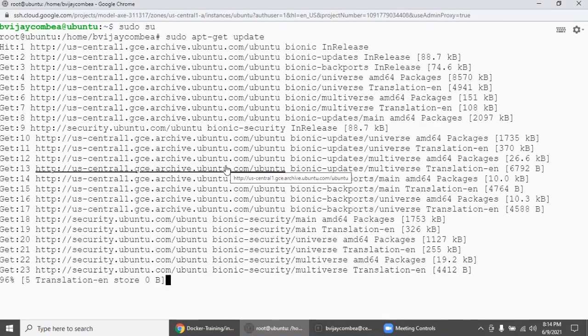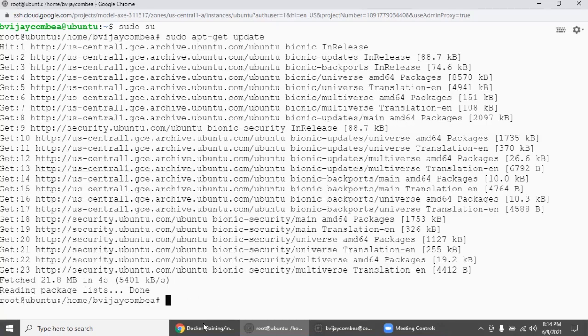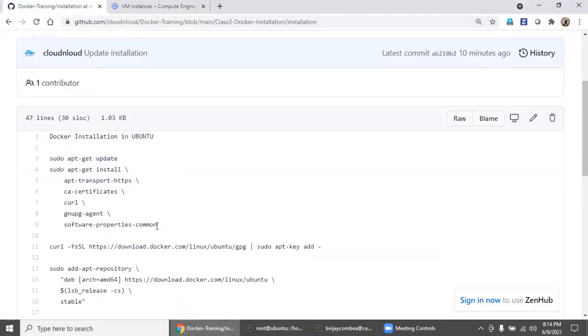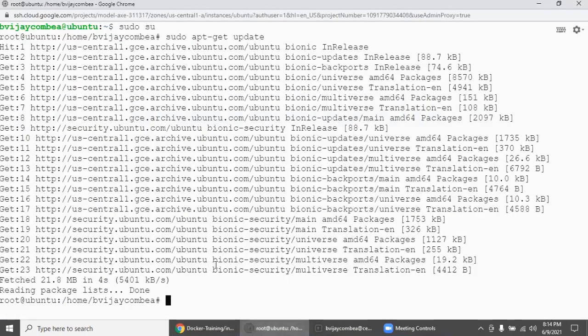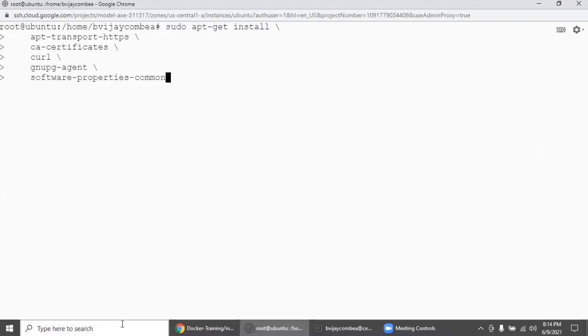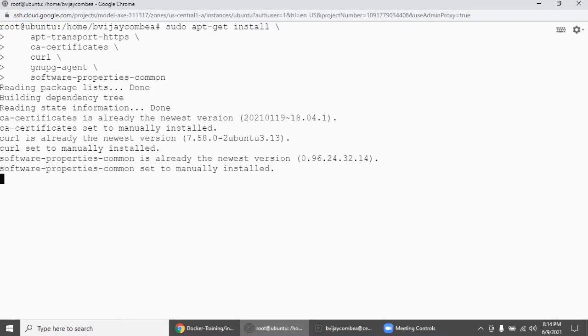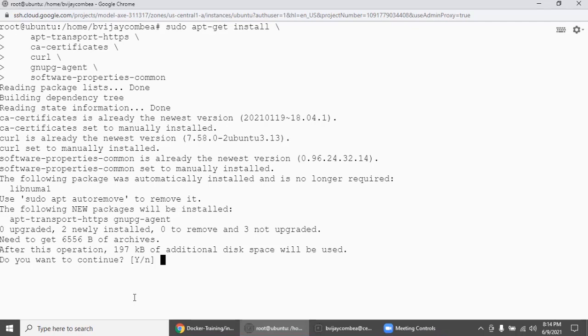Let's get it updated. Once it's updated, now we are going to install some prerequisite packages before the actual Docker packages. Yes, I want to install.